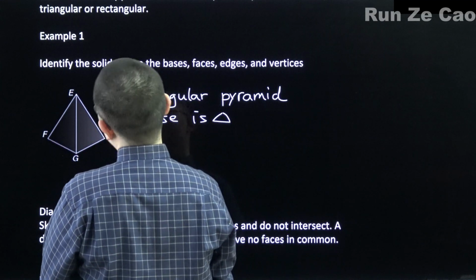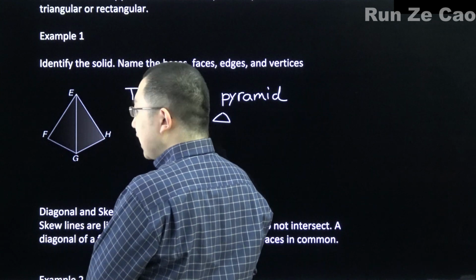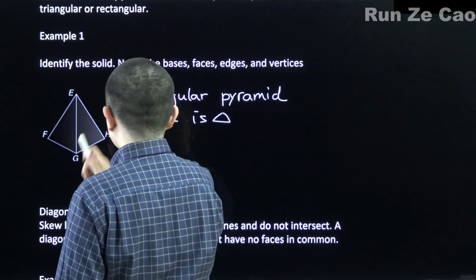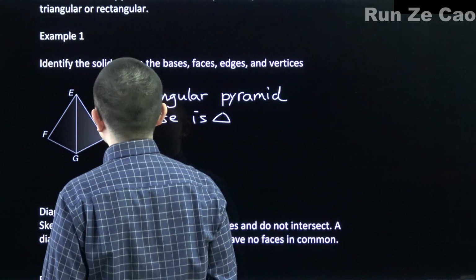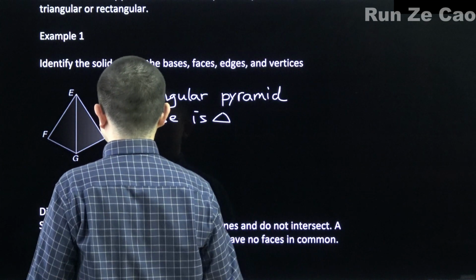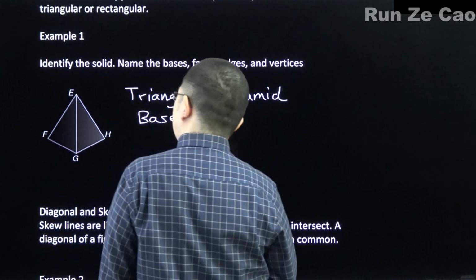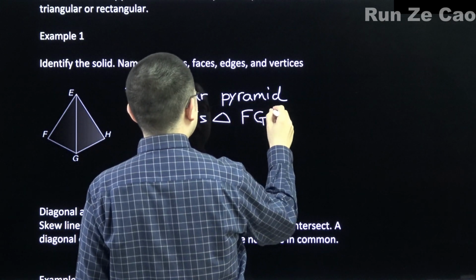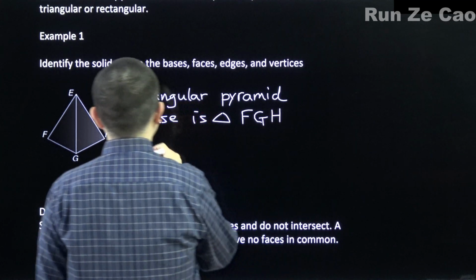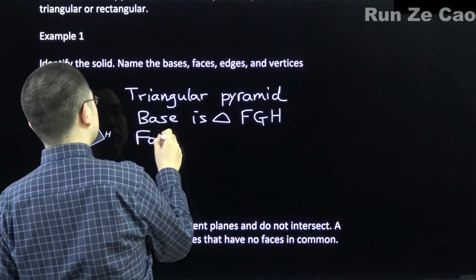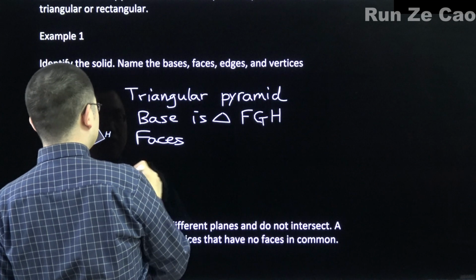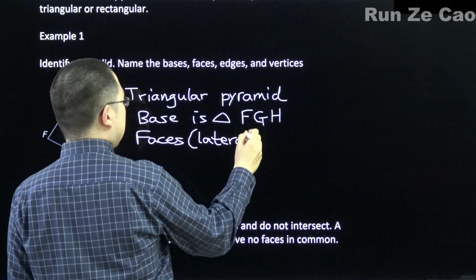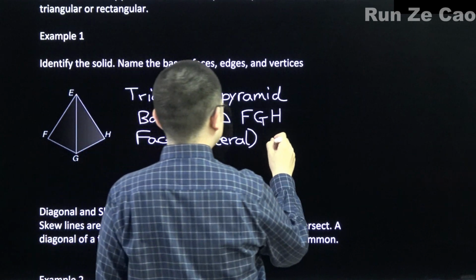Actually, if this is a triangular pyramid, any of these vertices could represent the vertex, and any of the sides could be designated as the base. But for our purposes, we'll go with FGH. The faces, the lateral faces, because the base is also a face,